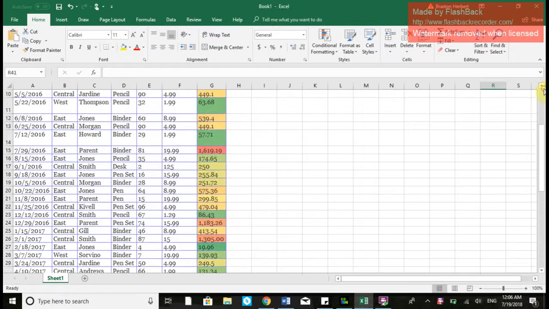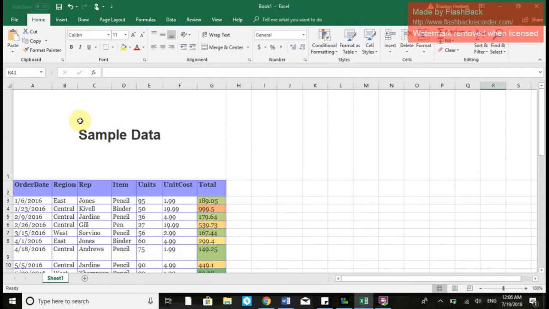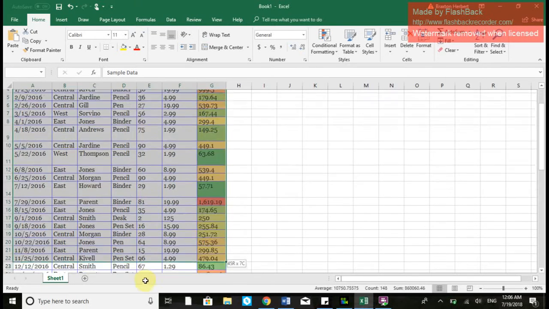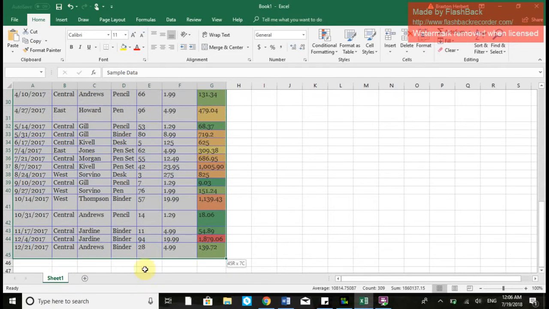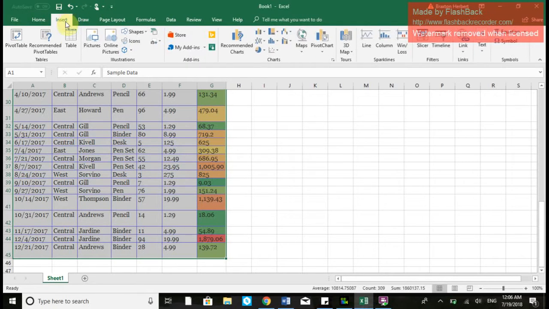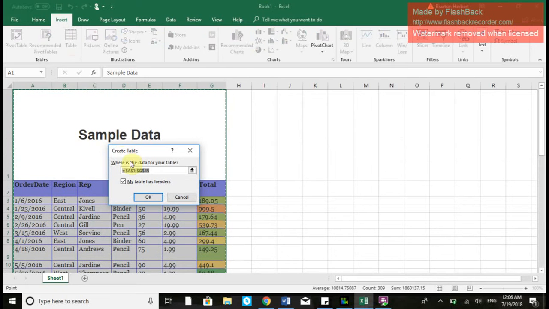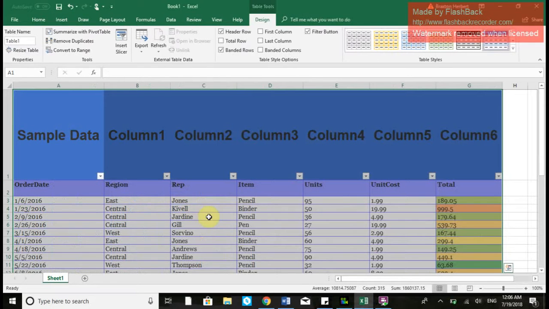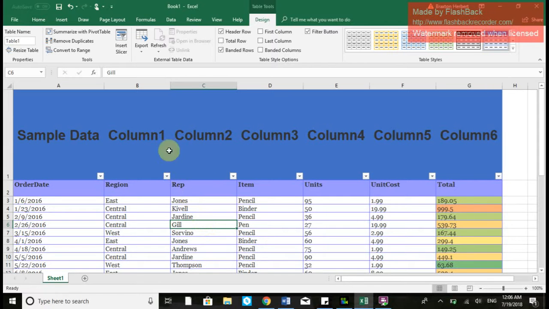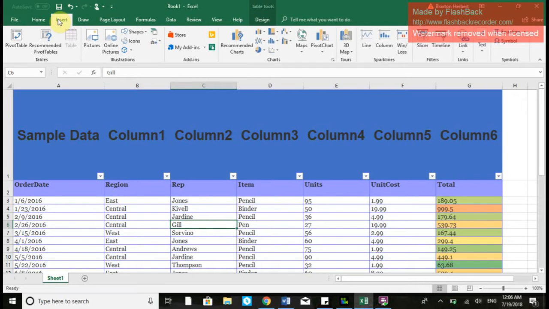So this next little tip and trick is really beneficial, especially if we have to present this information to somebody. What we'll do is first highlight all of this data that we have, right? All this information. What we'll first want to do is go to insert and turn this into a table, right? You'll want to make sure that the table has headers, which are these top things. Push OK. Choose anywhere on this table, and then we'll go back up to insert,